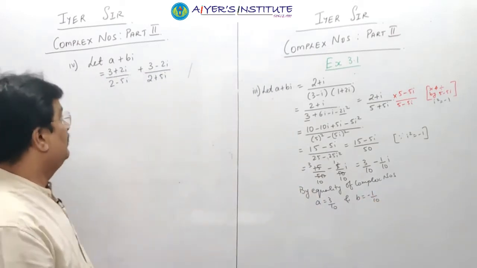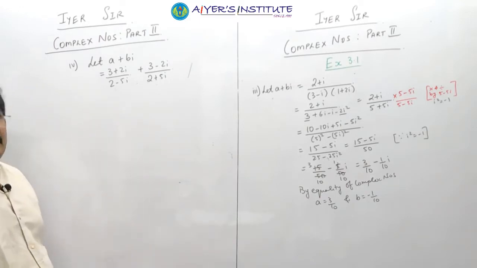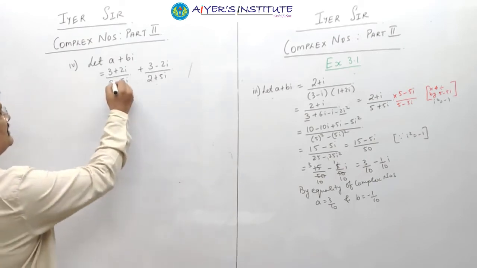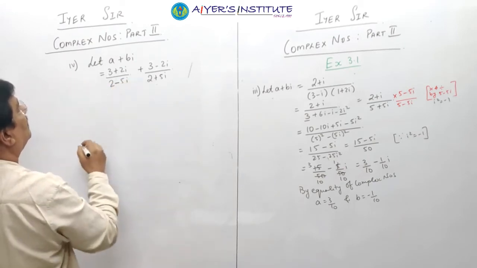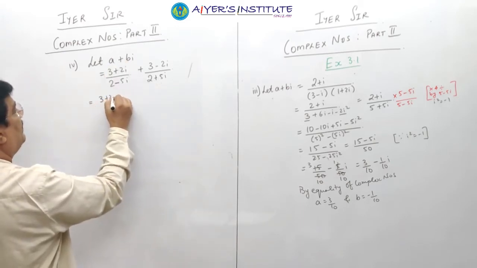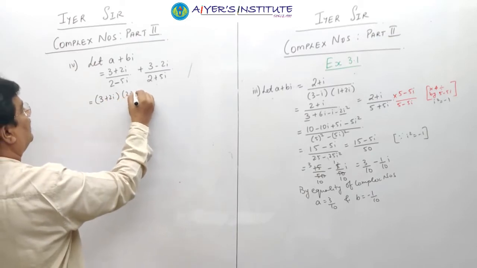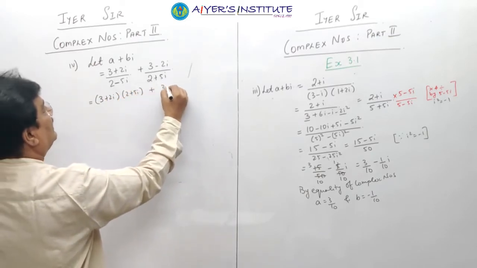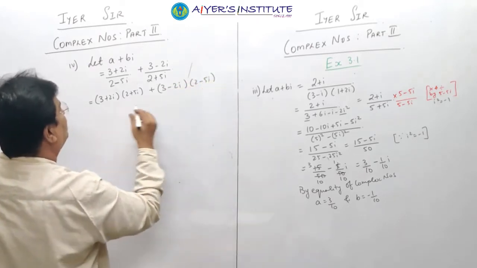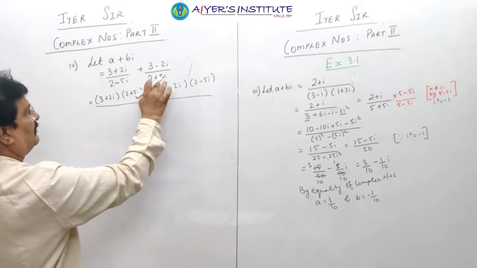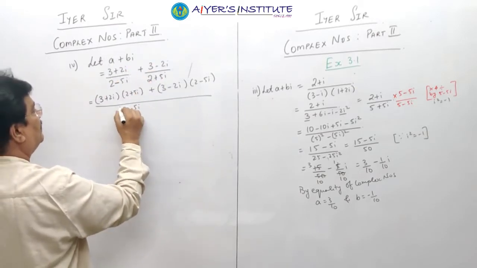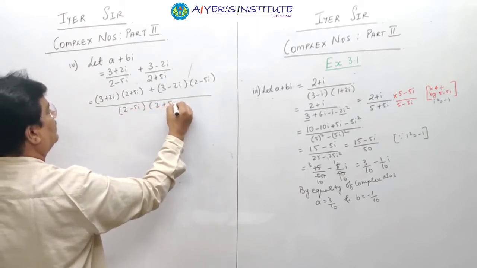We go to the next one, which I've already written here. This we do by typical LCM, हम लोग typical LCM करते हैं, तो हम लोग लसा भी बोलते हैं गुजराती में या हिंदी में भी. So we'll cross multiply these two. 3 plus 2i into 2 plus 5i, 3 minus 2i, 2 minus 5i, and down. So this into this into this, and नीचे दोनों, 2 minus 5i, 2 plus 5i.